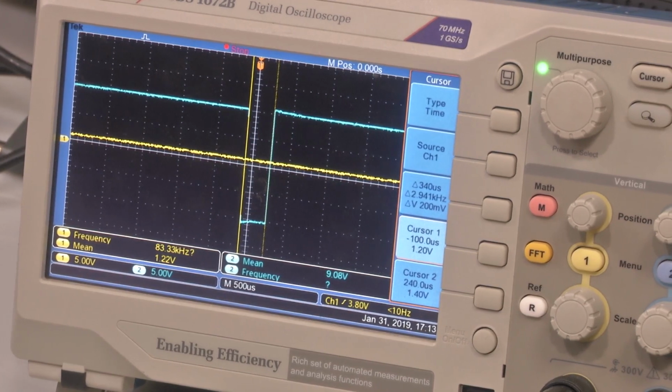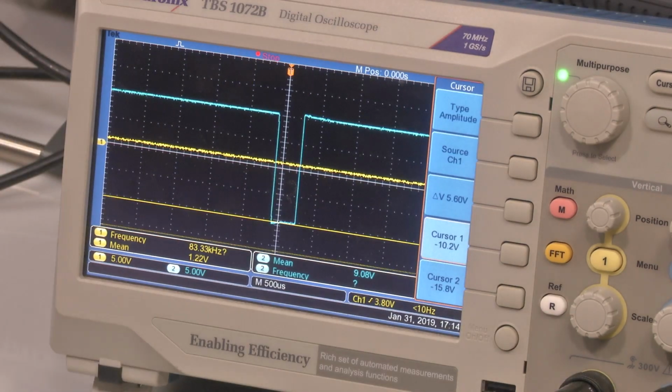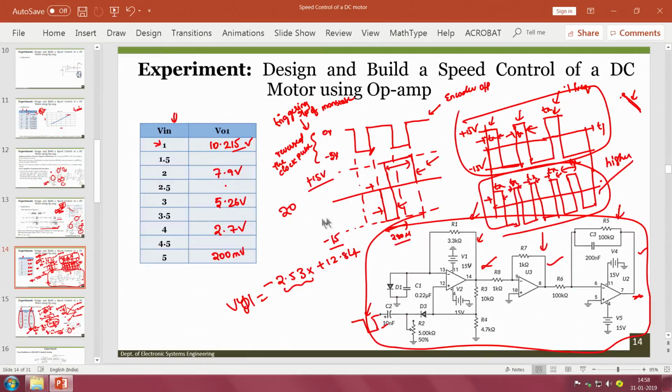So, one thing it is clear is that it is almost following the trend, but the values are a little bit here and there, because of our plus or minus VCC. We can see the monostable output signal entirely depends upon the VCC as well as the diode that we have connected, R and C, everything. So, whatever trend we have observed in the simulation as well as in the analysis remains the same. But now we will plot the values and see whether we are getting the same trend or not.